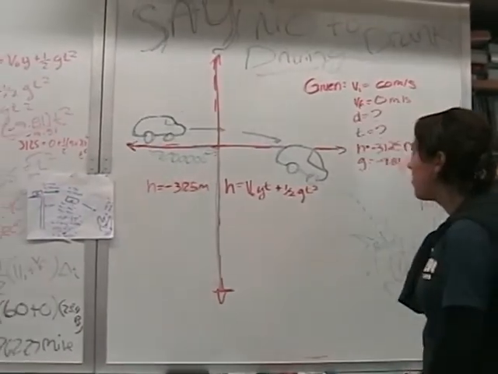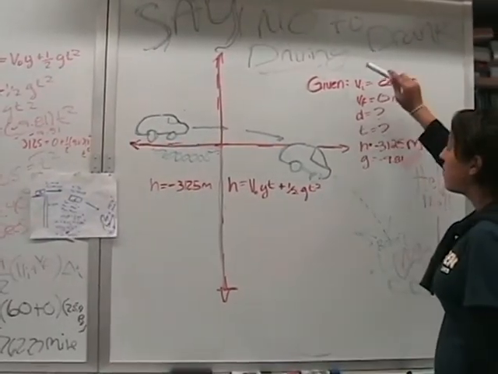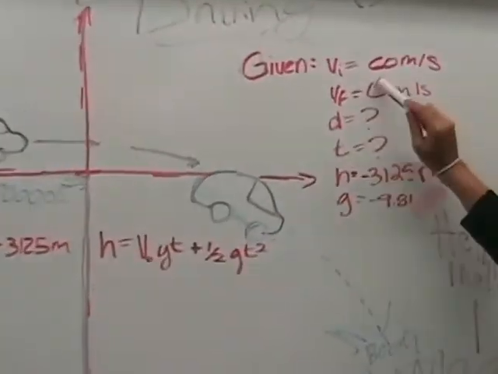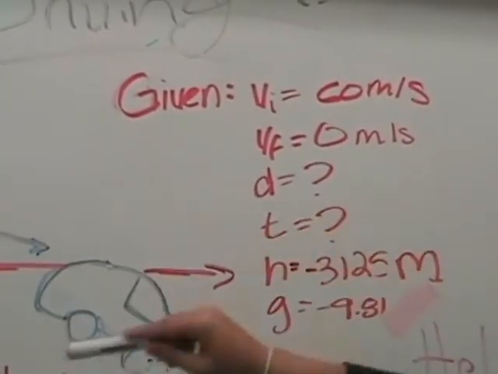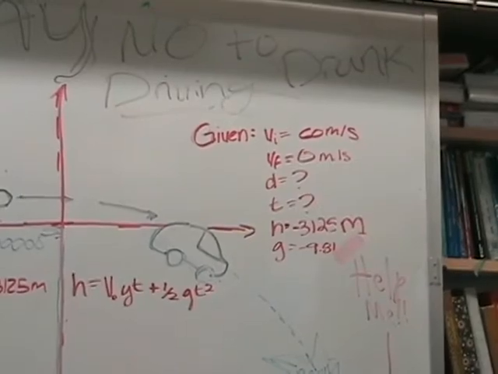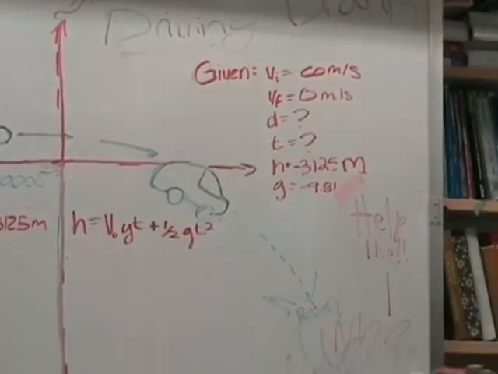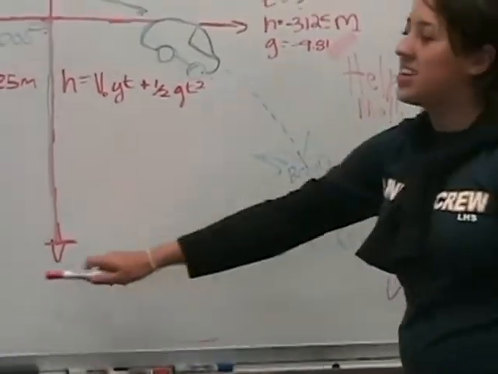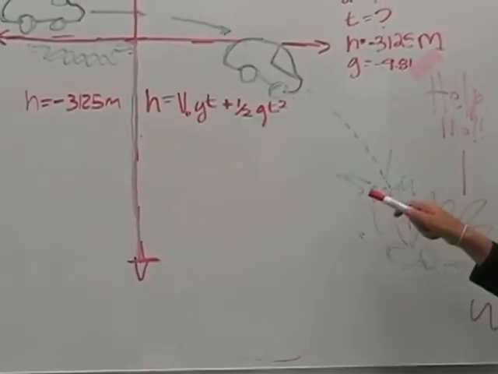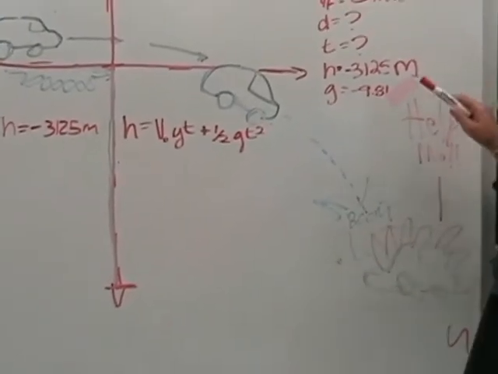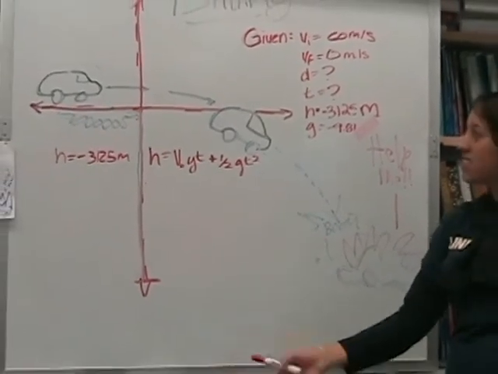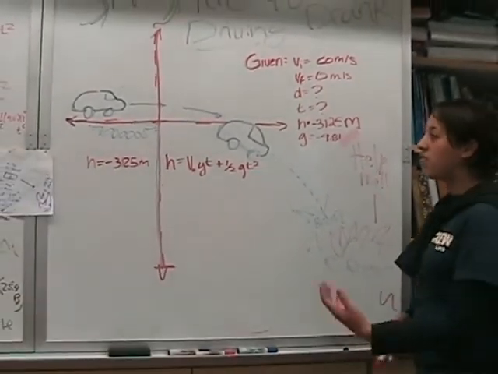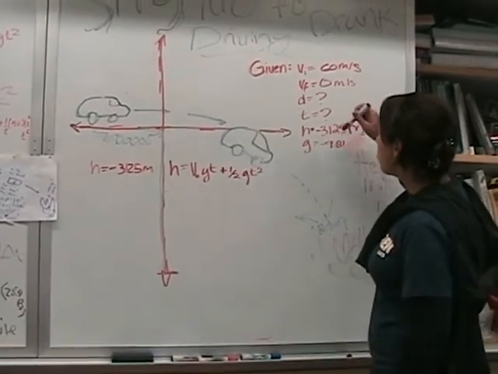Okay, so we have the given. We have the initial velocity, which is 60 meters a second, the final velocity, which is 0, because as the car goes down, it makes a stop as it crashes, right here. And then we don't know the distance. That's what we need to solve this crime, or accident. And we don't know the time, because how do we measure the time? We can't even measure the distance. But we do know the height of the cliff, which is